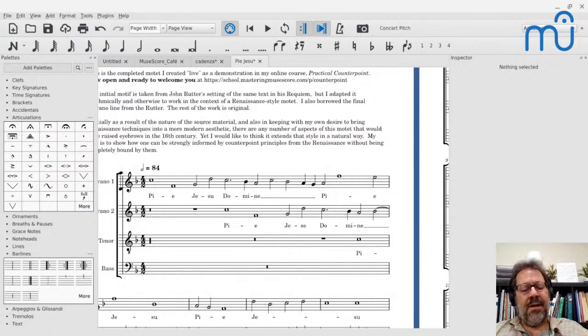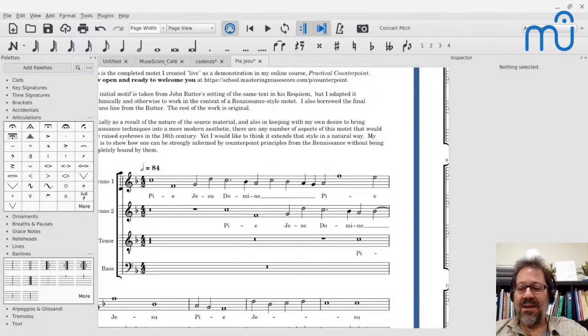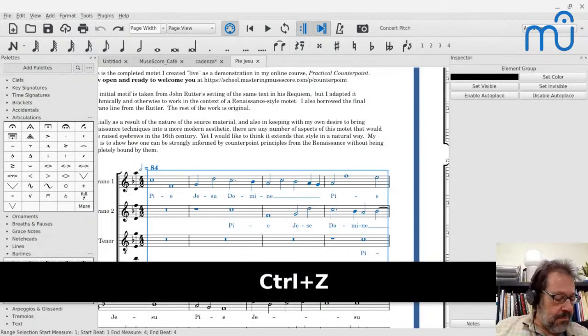However, for modern musicians, that's hard to deal with because we're so used to thinking in terms of counting and keeping track of what beat we're on. So